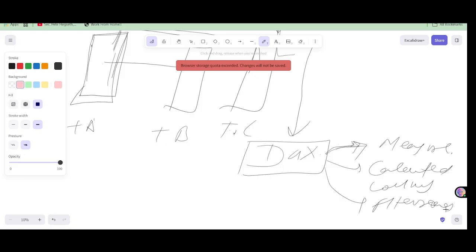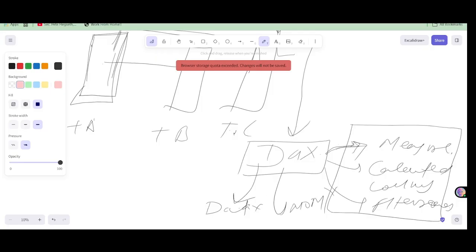There are a lot of things to learn in case of DAX. DAX is in itself a big syllabus, a big topic to study, but we are going to study the DAX that are very important for us in the industry. So when you have to calculate MOM, month over month, year over year, we are going to learn all of these when we are into the section of DAX.